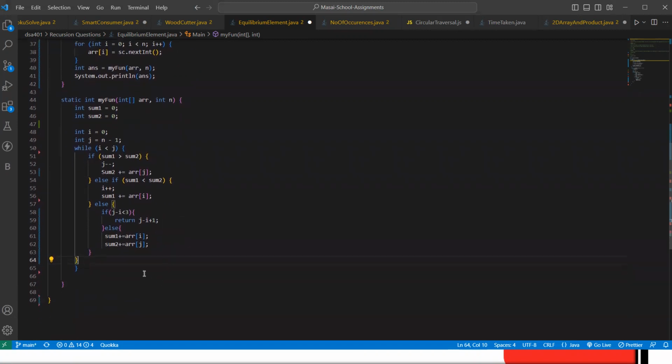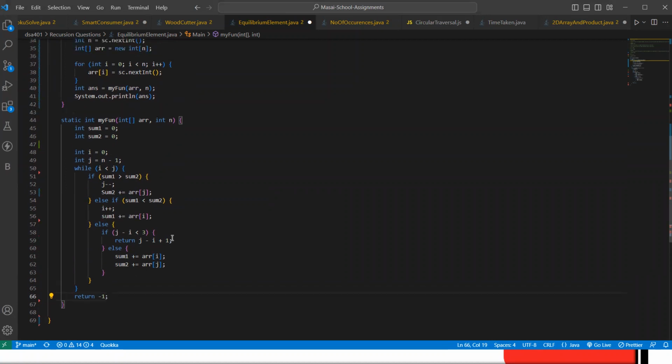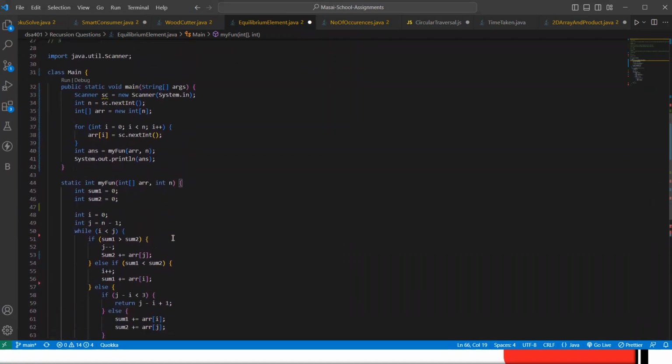So this is all about the code. If there is no equilibrium element present, then what can we return here, guys? We can simply say that there is no such element present and return -1, because we cannot find any equilibrium element in our program. So that's why I am returning -1. If we find the element, then this statement is executed and the code does not come to this line. If the if condition is not executed, then we simply write return -1. So this is the overall code of this question in Java.